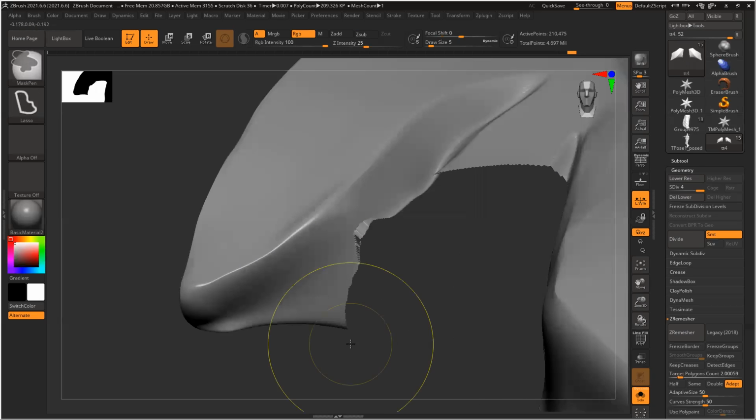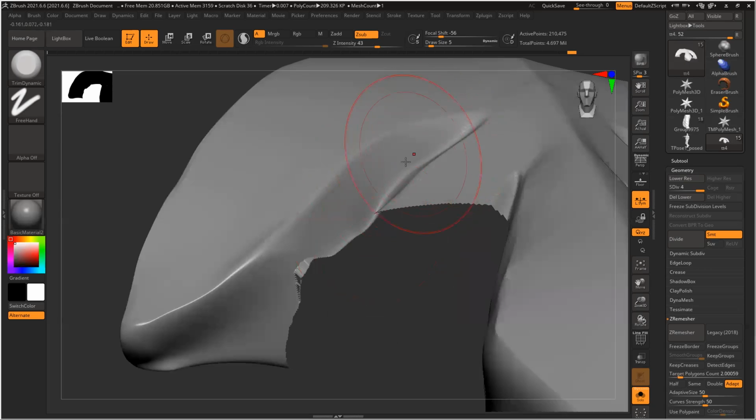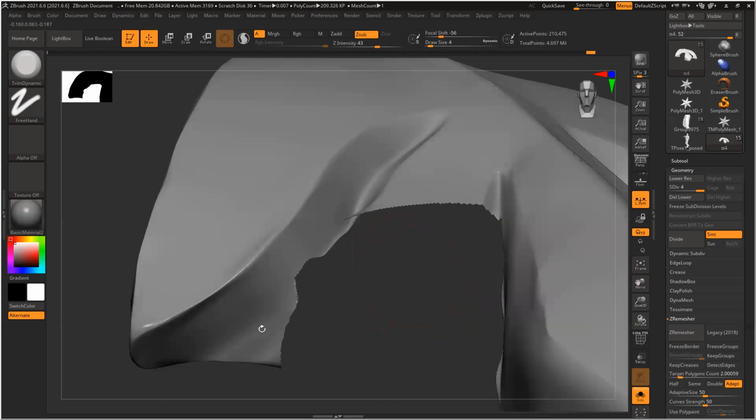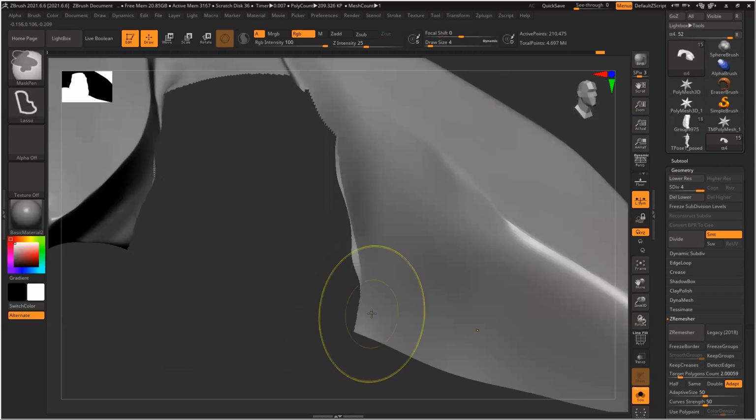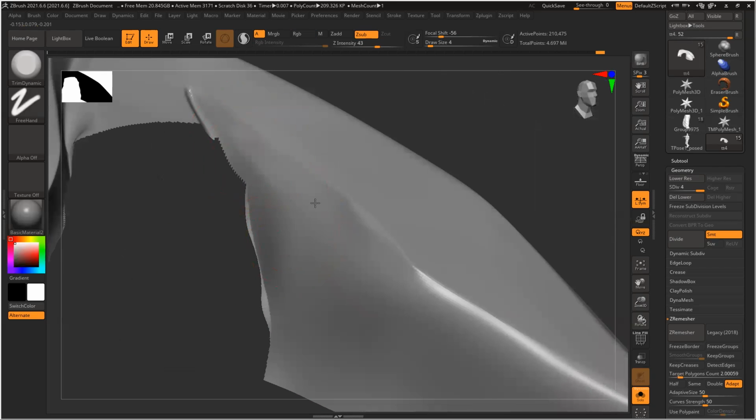So I can isolate that part and reverse the selection basically and work on this area now. Then fix this thing also.